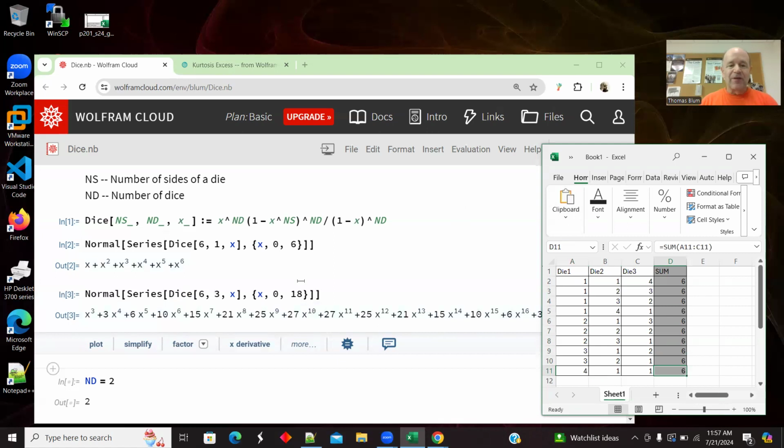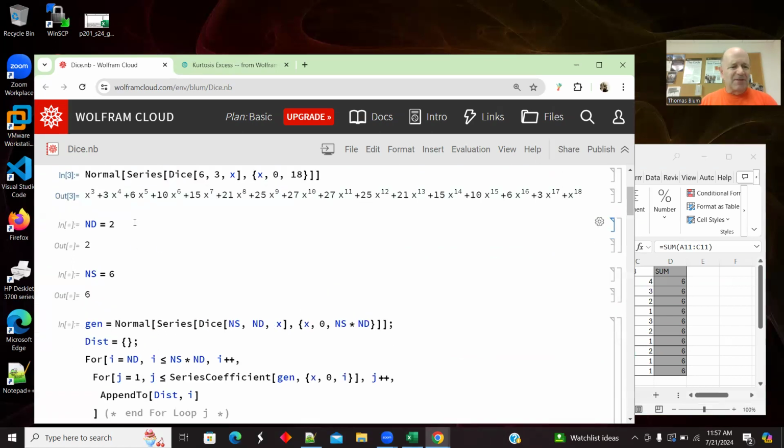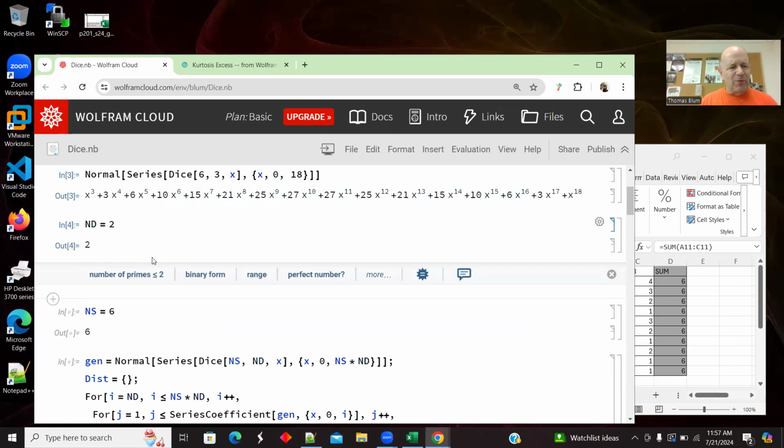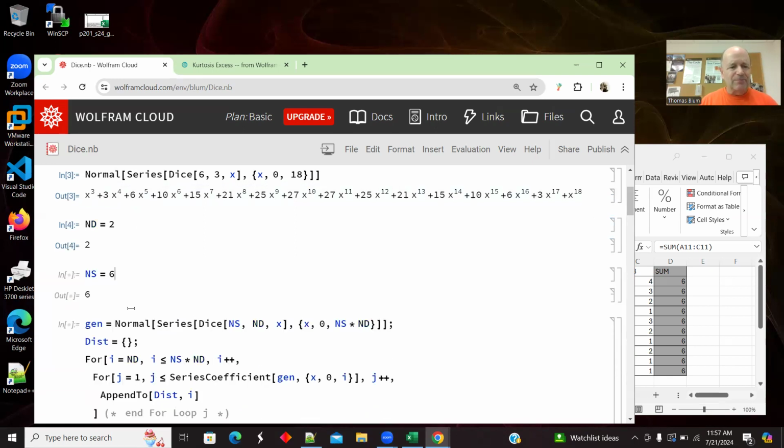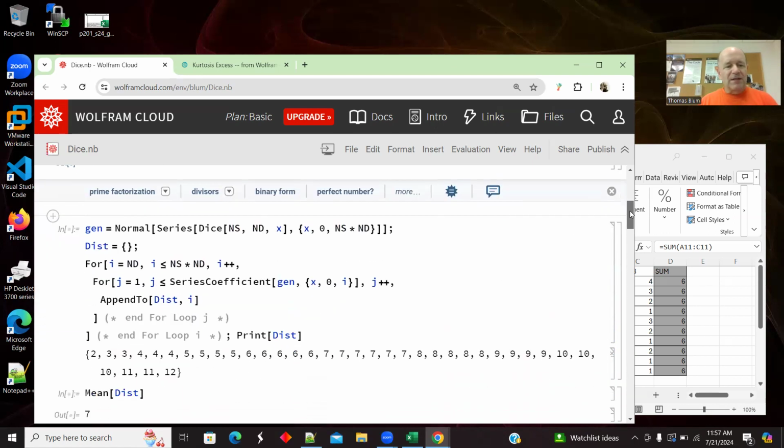And so that's what this sort of generic function can do for you. I'm putting in a specific NS and ND here for a moment, and then I'll generate a bunch of them. But now I want to generate a perfect series of die